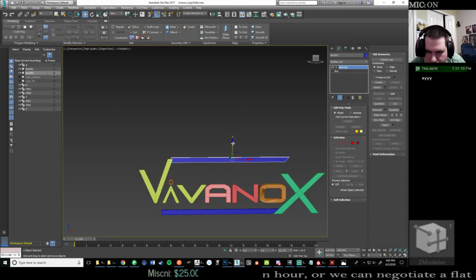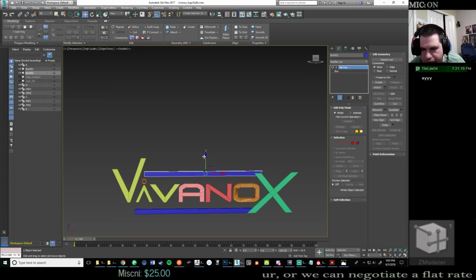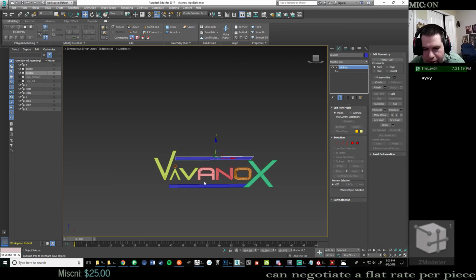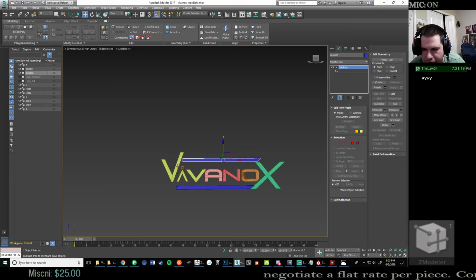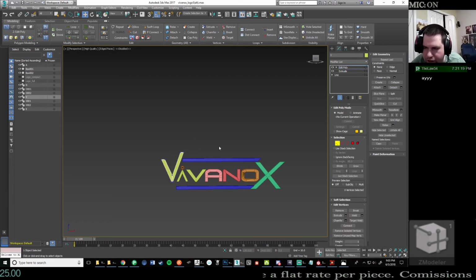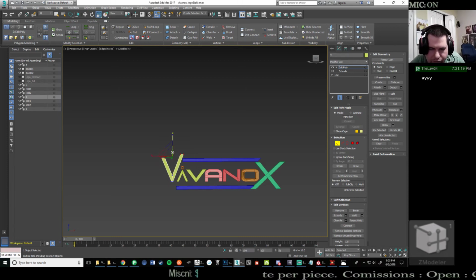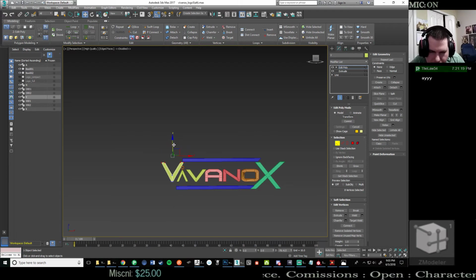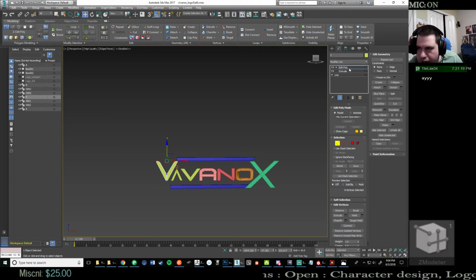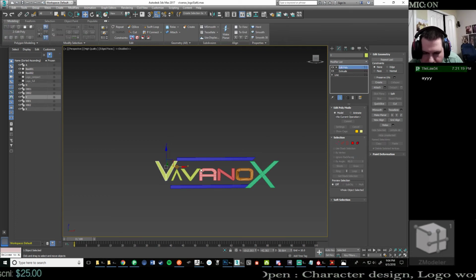Actually, if the first V got lowered a little bit, I'm guessing that's your plan at some point. No, you can absolutely talk about whatever. But I think what I'll do is I'll do kind of what I did with the X there, and I'll level this out instead. I can bring it down. We don't want this bar to go any further. I would pull that over just a little tiny bit.